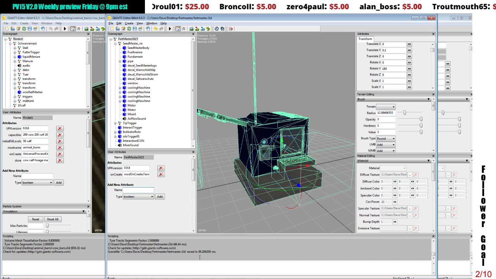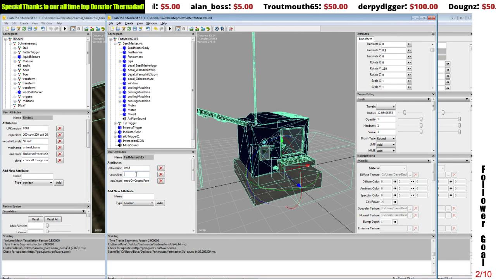Next we have capacities. Capacities are everything that this is going to hold. I know from doing this many times that capacities is always a string as well. Capacities is also going to have no spaces, but you have the capacity of the item followed by the item that it actually is, and it has to be spelled correctly as it is in your map. So we know that this is going to hold fertilizer, obviously, so we'll make it hold 200,000 fertilizer,